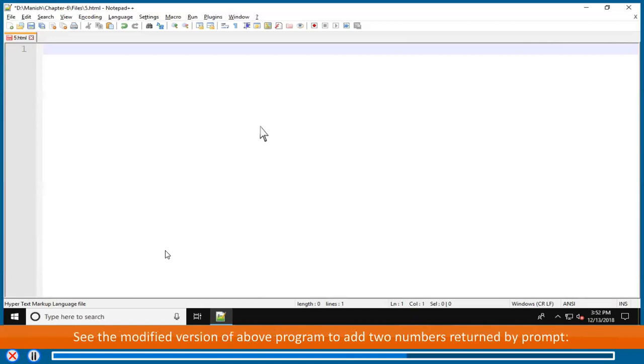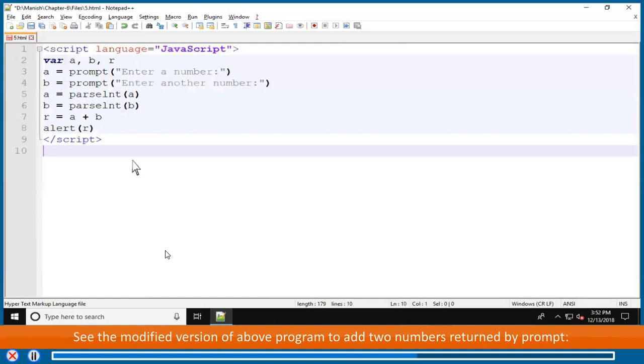See the modified version of the above program to add two numbers returned by prompt. <script language="JavaScript"> var A, B, R; A = prompt("Enter a number:"); B = prompt("Enter another number:"); A = parseInt(A); B = parseInt(B); R = A + B; alert(R); </script>